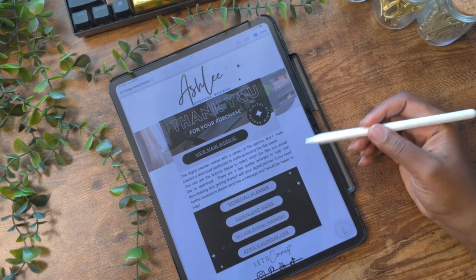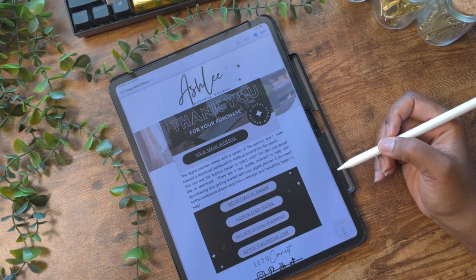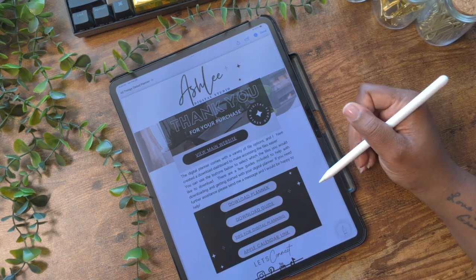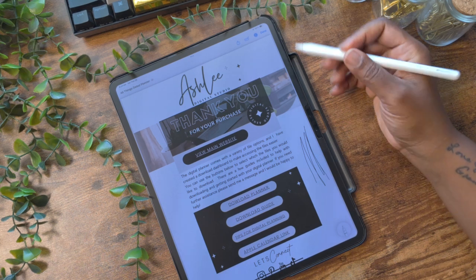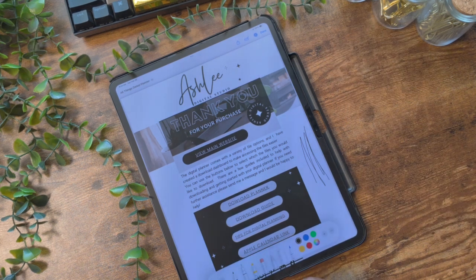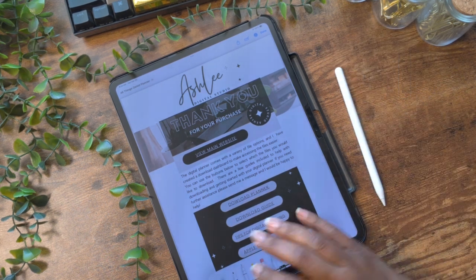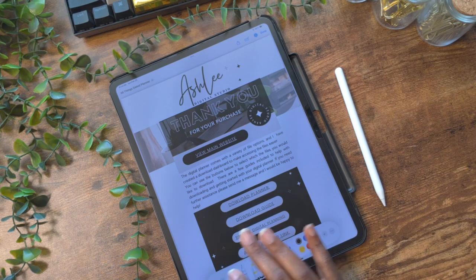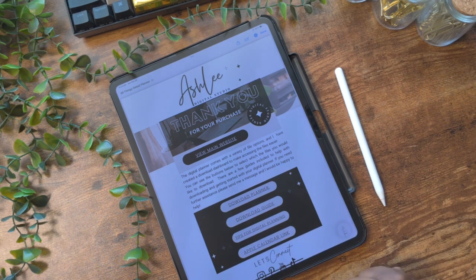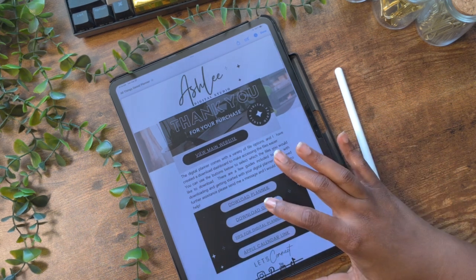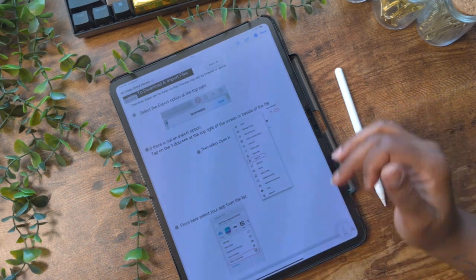From here, you can't use your Apple Pencil because this opens in files, and if you use the Apple Pencil, it's just going to write on the form. So even though it's hyperlinked, you'll use your finger to navigate the hyperlinks. So on this PDF, it's hyperlinked to take you to a download guide,